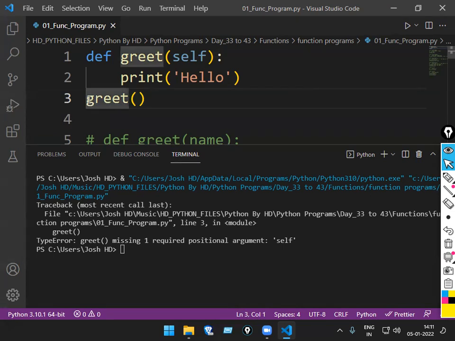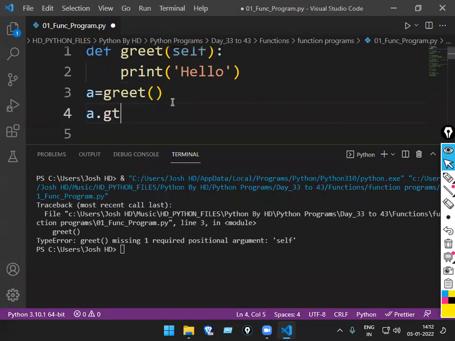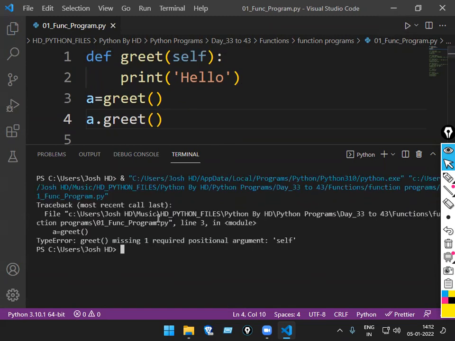A equal to greet, then a dot greet. Yesterday's topic was a class and a function.